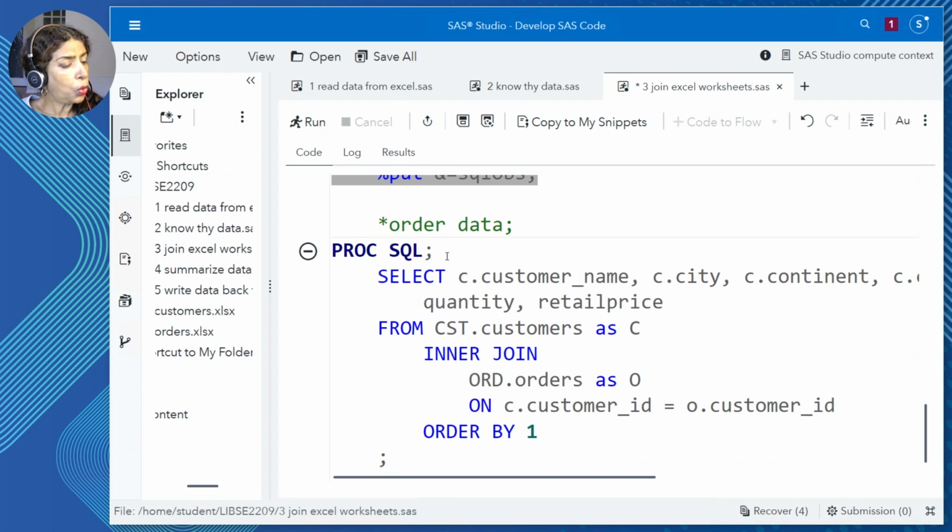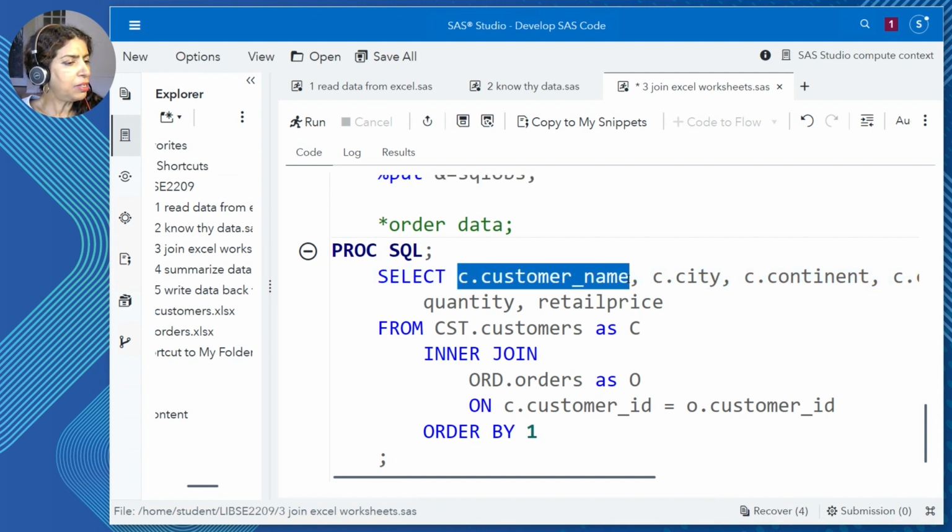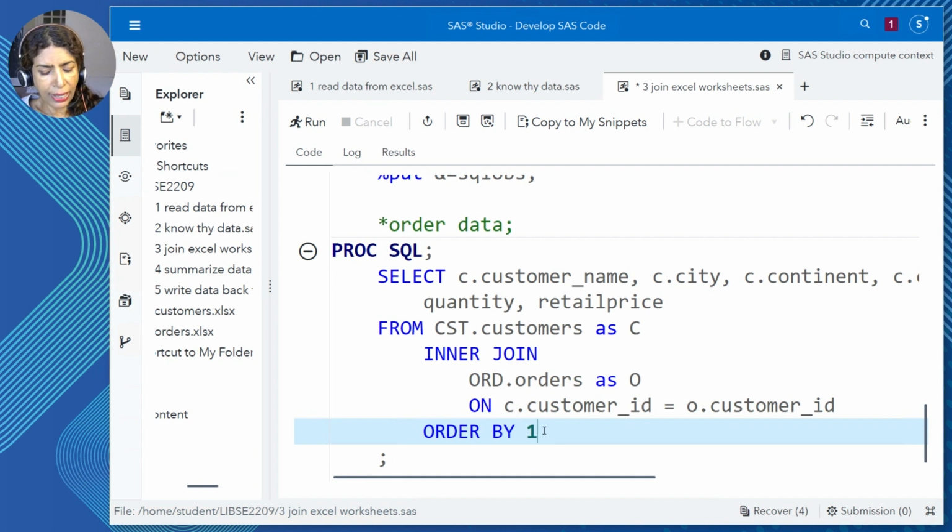So here I'd like to order the data by customer name. Handy tip here, it might be a little cumbersome for me to type out the column name, and SQL says, I've got your back. You don't need to type customer name. Just give me the integer position of the column on the select by which you want to order the data. So happens I want to order by customer name, so I give an order by 1. If I had multiple columns that I wish to order by, I'll just separate them with a comma and then add the second column name. That was an example to show you.